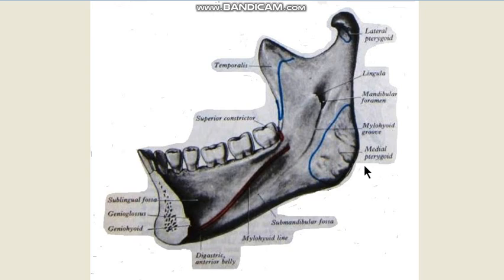And you know the two bellies of the digastric and the intermediate tendon are going to form the boundaries of the digastric triangle. And the anterior belly of the digastric and posterior belly of the digastric have separate nerve supplies, as we are going to see subsequently.